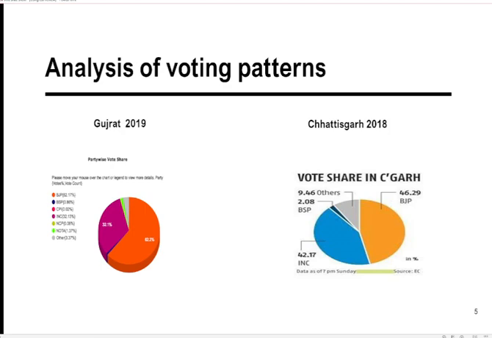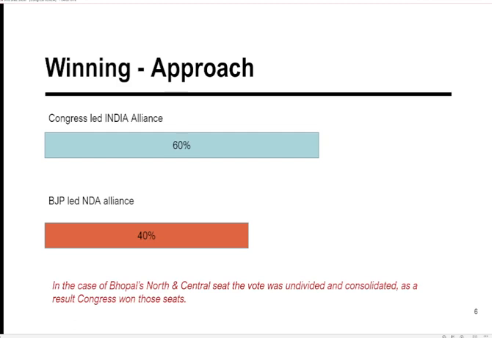And this will in turn translate into the winning of seats for the anti BJP alliance, and thereby BJP losing the seats. And this is exactly what the India Alliance, which is led by Congress, stands for. If this formula goes over, then the Congress led India Alliance will get 60% vote share, whereas BJP will be constrained to 40% or below. This will translate into a great victory for the anti BJP alliance.